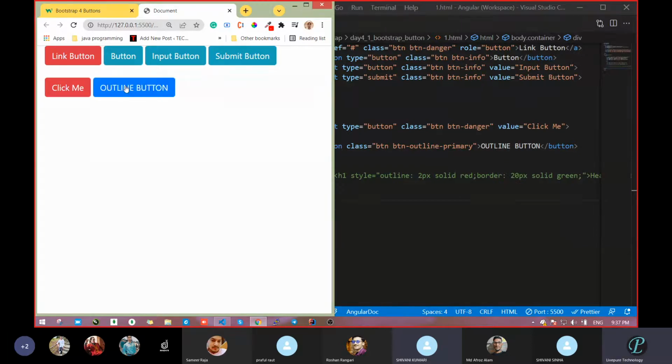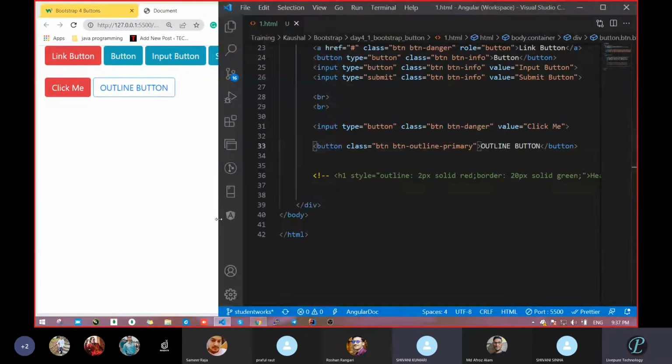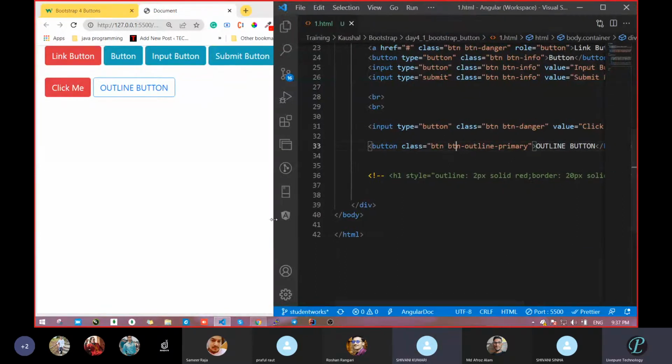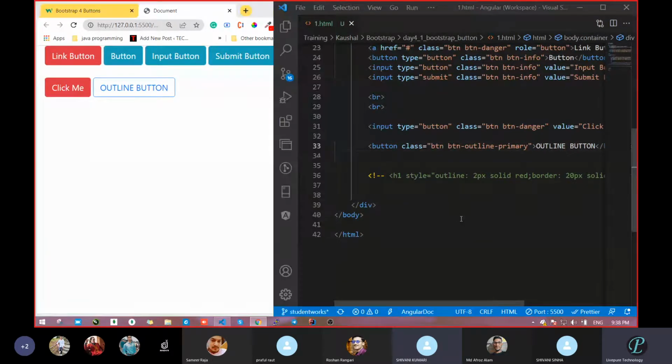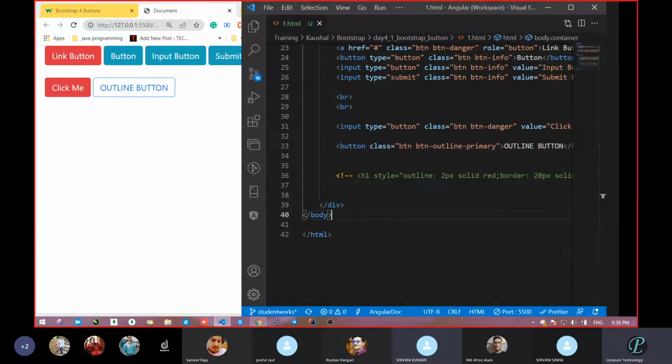You got this benefit. Now see how much benefit there is. How many lines of code have you written here? Just one line, correct? But for the same property, how much do you have to write in CSS? On mouse over, you have to change the background color and text color. By default the color will be white and the text color will be something. Then the border radius. For a button it means approx 5 to 7 lines of code. How much have we written here? Just 1 line of class. Have you realized the benefit?